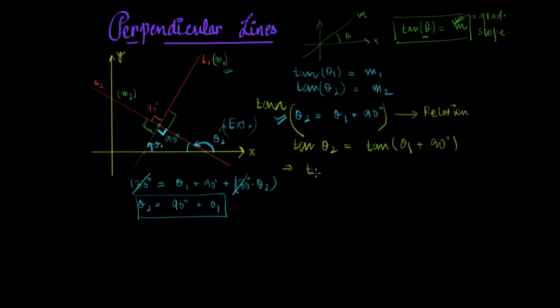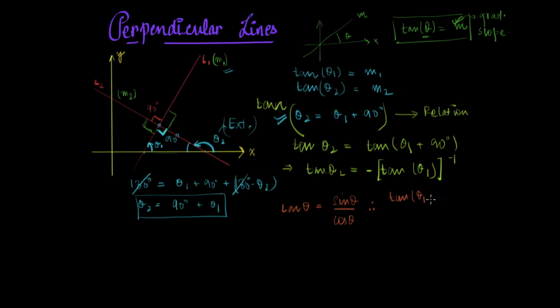If you work this out, tangent of theta 2 turns out to be minus tangent of theta 1 inverse. There is a very clever way to look at this. If you forget the relation of tangent of some angle plus 90 degrees, what is the form of that? We can always convert it into the form of sine and cosine. As we know that tangent of theta equals sine of theta divided by cosine of theta, therefore